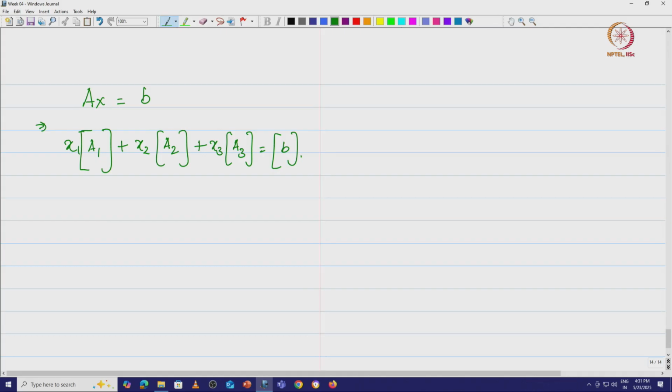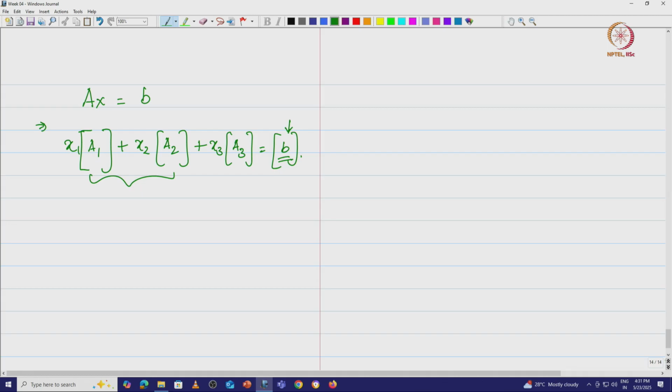Now, we already said, at least in this case of this 2 dimensional subspace example that we have taken, where we have 2 component vectors, B is also going to be a 2 component vector. We already know that there are 2 vectors which are linearly independent. Therefore, this B being a 2 component vector would still remain in the column space of A. It is not going to be out of the column space of A. Why? Because that is a 2 component vector and the rank of this matrix is 2, and therefore B vector is going to be there in the column space of A. Therefore, I do not have to project this B onto the column space of A because it is already there.